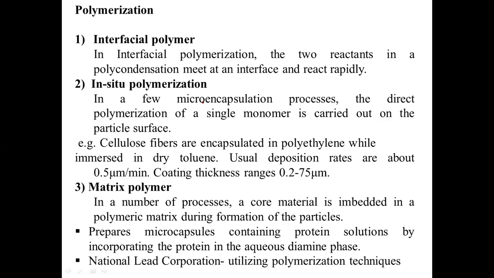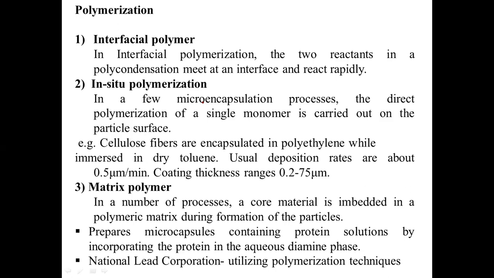Under the right conditions, a thin flexible wall forms rapidly at the interface. For example, a solution of pesticide and diacid chlorides is emulsified in water, and an aqueous solution containing an amine and a polyfunctional isocyanate is added. A base is present to neutralize the acid formed during the reaction, and in the end the condensed polymer wall forms instantly at the interface of the emulsion droplet.